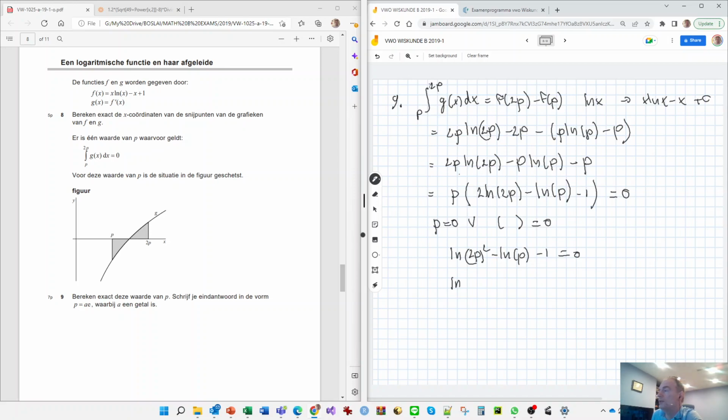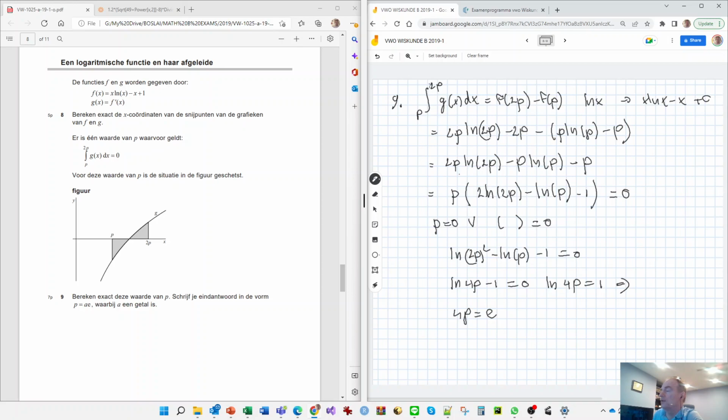So I get 4p squared divided by p, so that is 4p minus 1 is 0, or that means log 4p is 1, which means that 4p is e to the power,